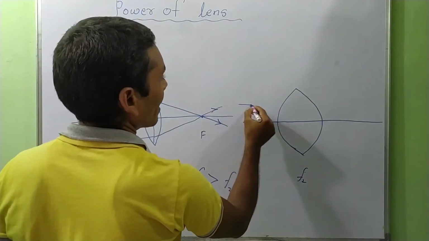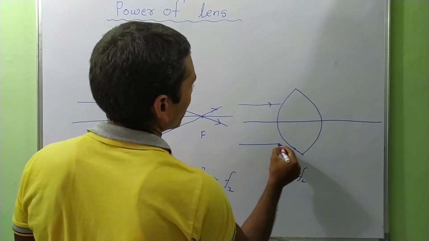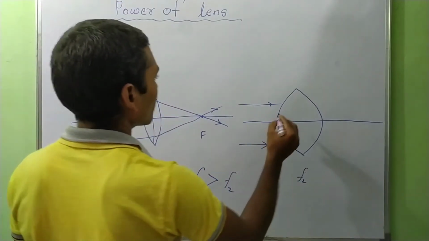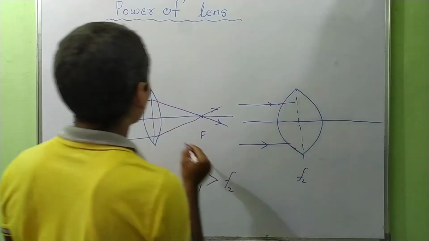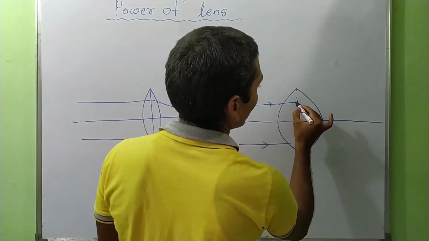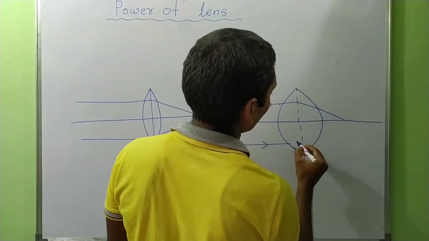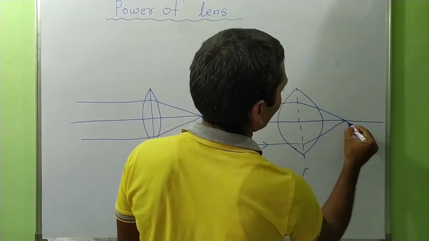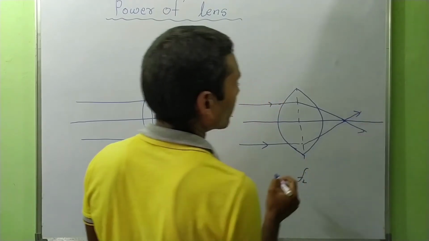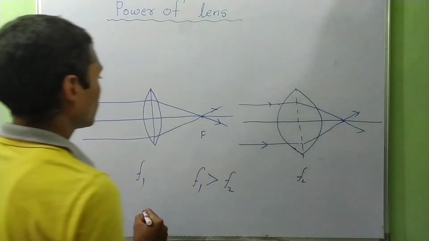If light rays are parallel to the principal axis, then after passing through the lens, light rays will converge at this point. This is the principal focus for this thick lens,